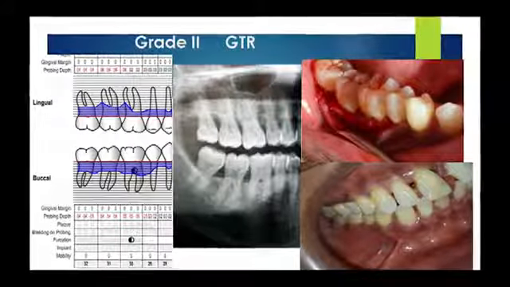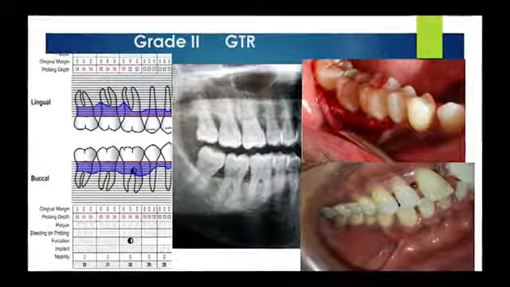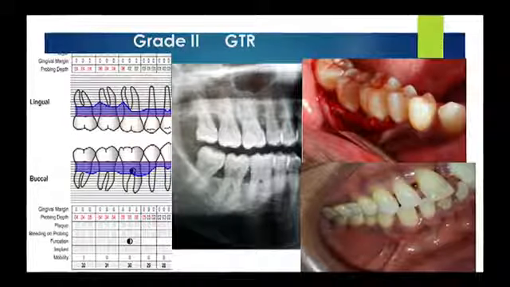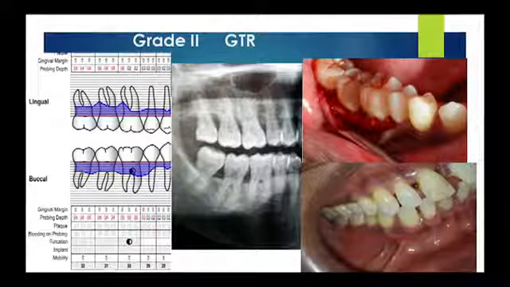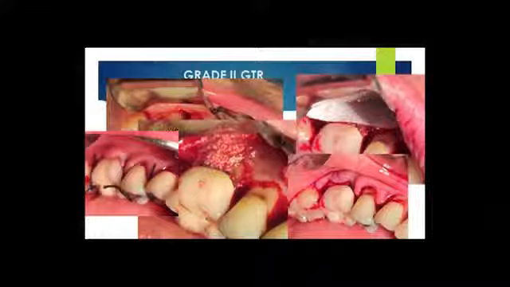In this particular case, we did a 6-point chart and realized that we had a grade 2 furcation in one of the molars. Radiograph confirmed it. So we went ahead to do an open flap. I'm sorry for some of these photos, they are really old, but they still carry the meaning. We did an open flap and grafted the area, and a few months later, the furcation was clinically and radiologically blocked off, as you can see in the photograph after healing.